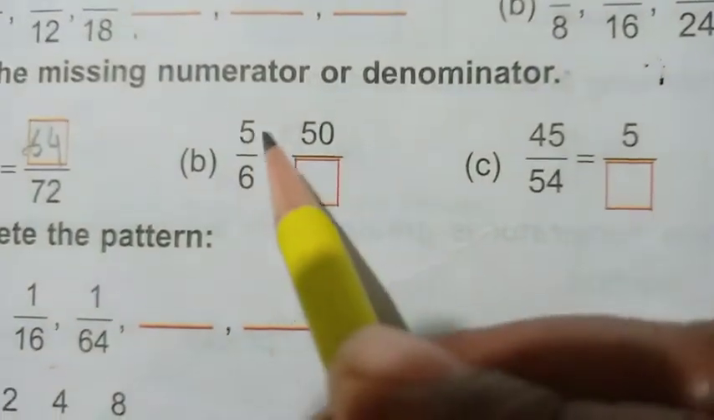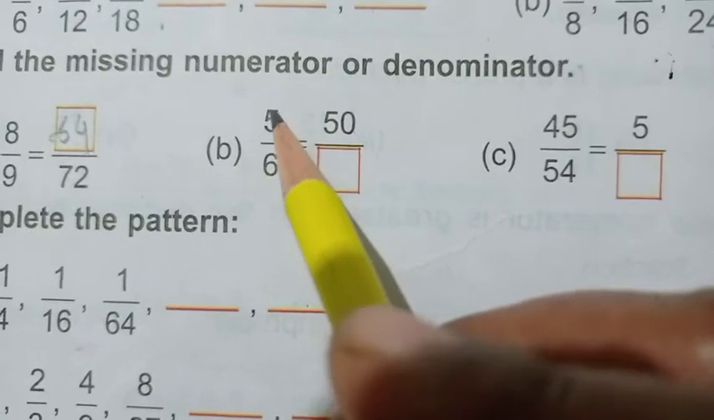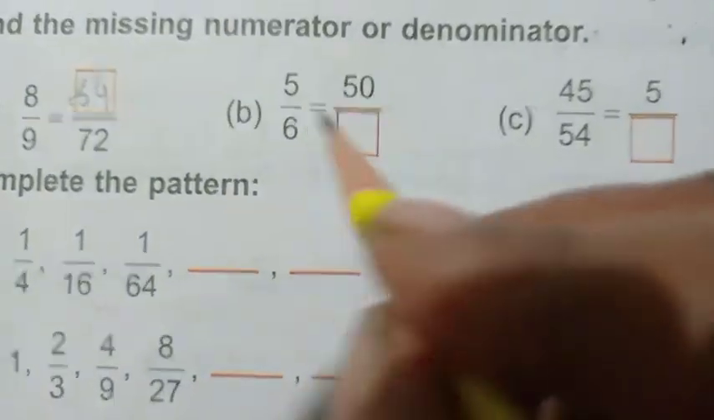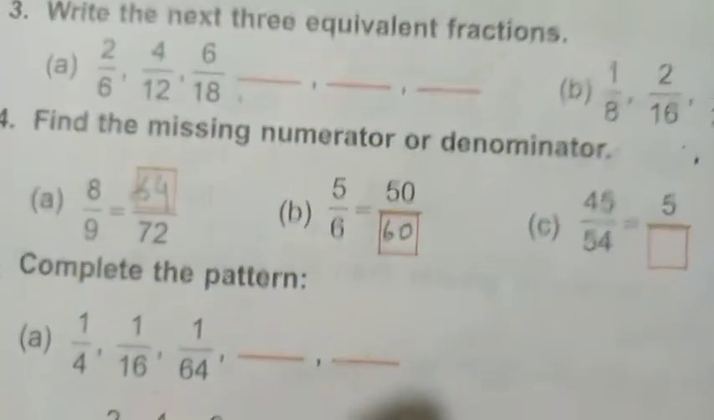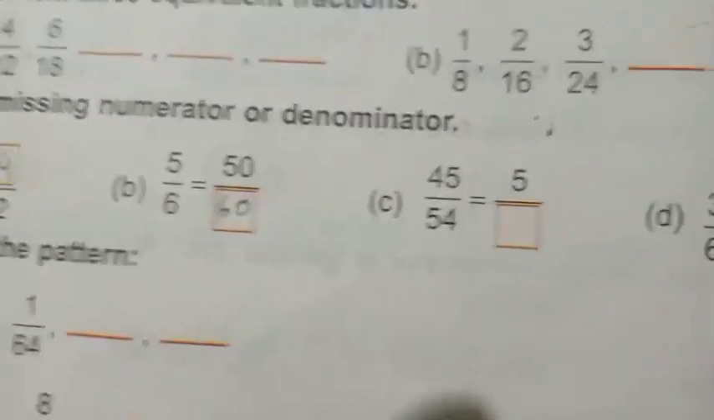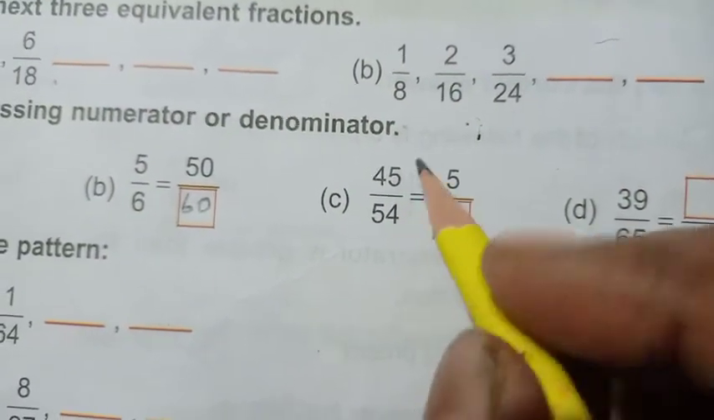Now come to this. 5 times how much is 50? If you recall, 5 10s are 50. Here also 6 10s are 60. Write down. Now this one, this is division,